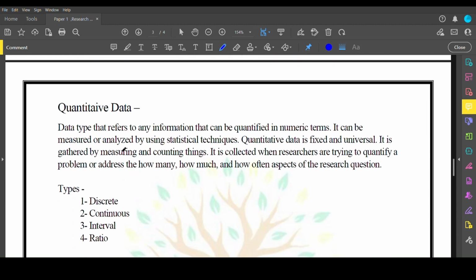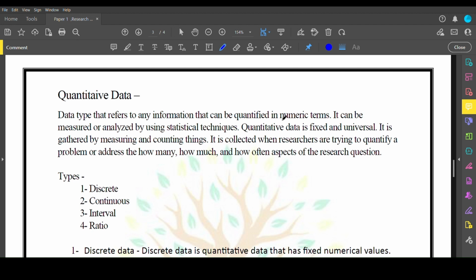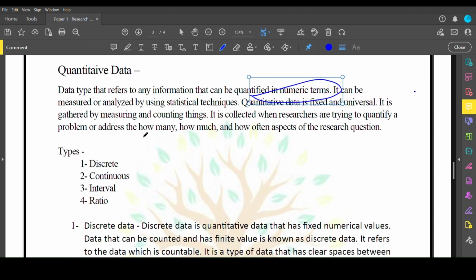So quantitative data refers to any information that can be quantified in numeric terms. As I already told, it can be quantified in numeric terms. And it can be measured or analyzed by statistical techniques, like by histograms or by some calculation we can measure it. Like for example in calculation, like in 1 hour